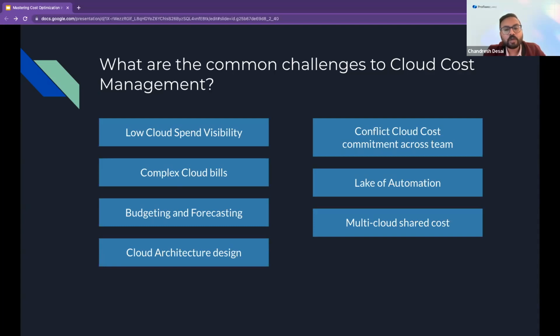Let's go to cloud architecture design. This is a crucial point about how you architect your design. Let's take one use case here: AWS DynamoDB Streams is a streaming service, and there is another service, Kinesis.